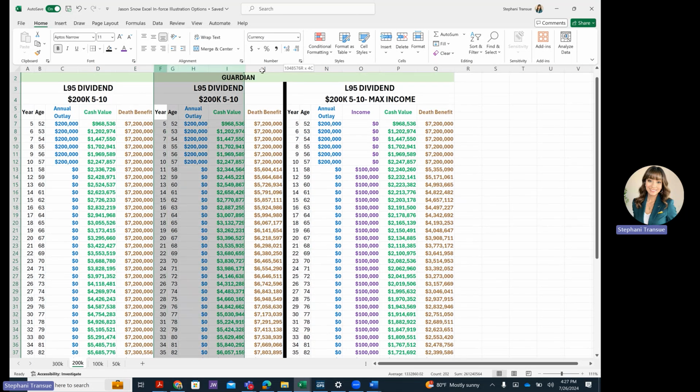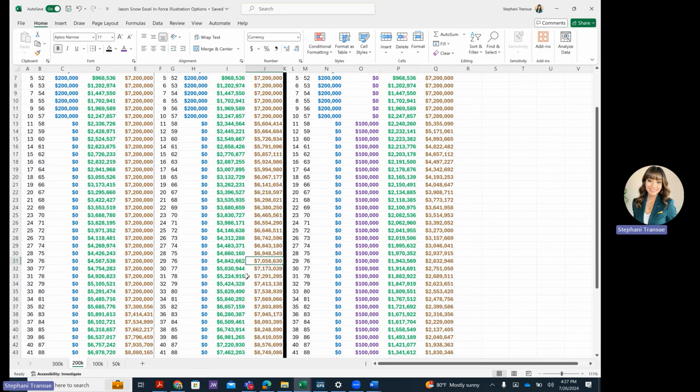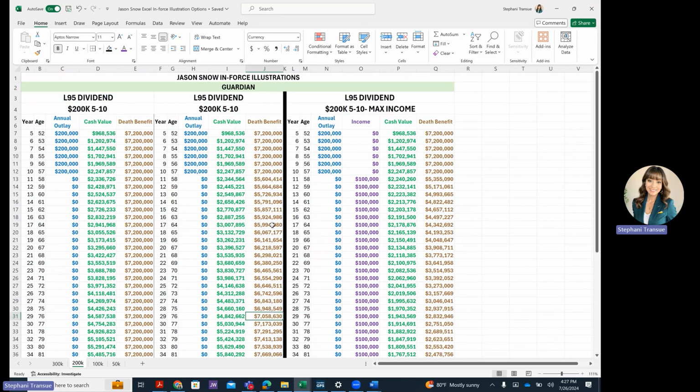We took that same example and we ran it with the reduced paid up. Just like the 300,000, when we're doing the reduced paid up, that's where your death benefit drops. It goes from that 7.2 million to a little bit over 5 million, but then it begins to climb back up, and then it goes up to the 7 million mark at the age of 76. Your cash value is a little bit stronger by doing the reduced paid up, but your death benefit does reduce, but again, a good option to look at.